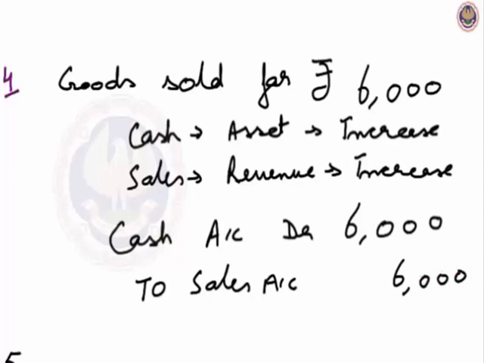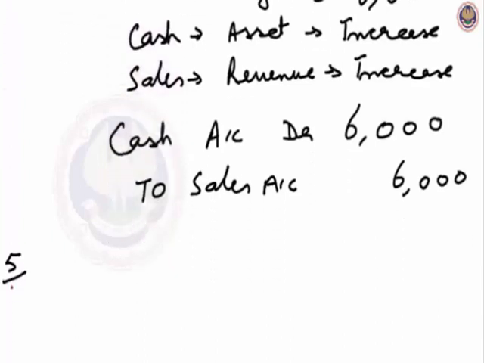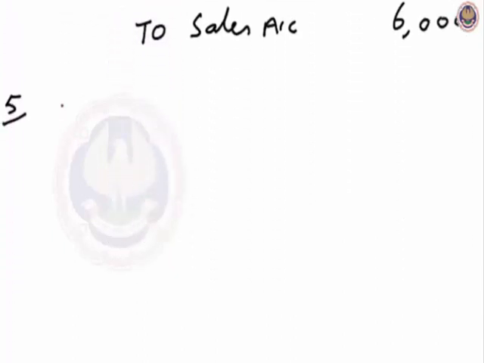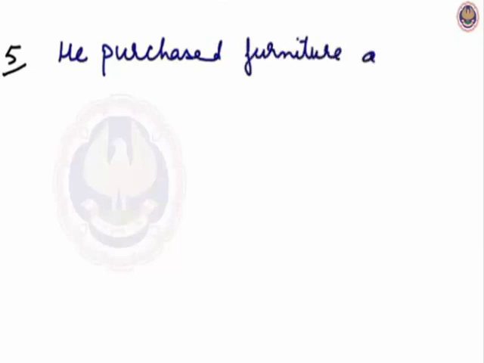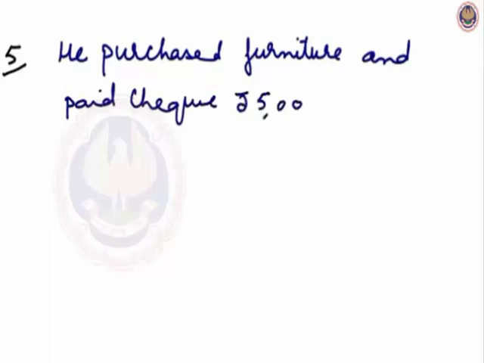We will see the next transaction. He purchased furniture and paid by check 5,000. On December 10th, he purchased furniture and paid by check for it, and the amount of check is 5,000. Furniture is a fixed asset, so two accounts involved is furniture